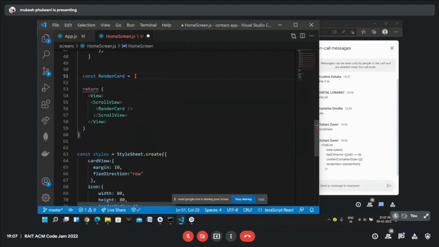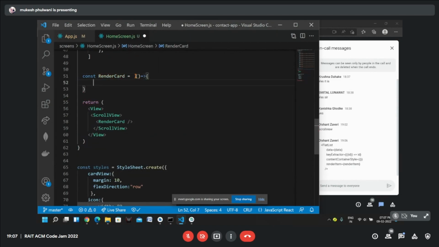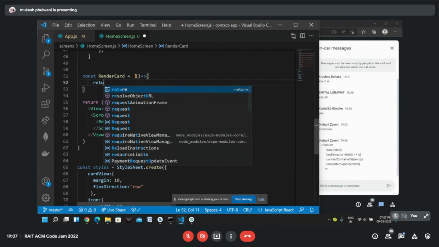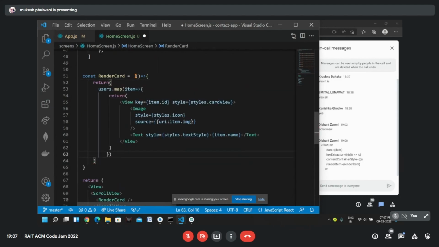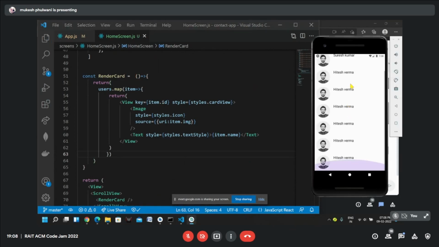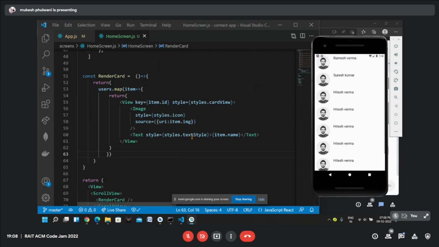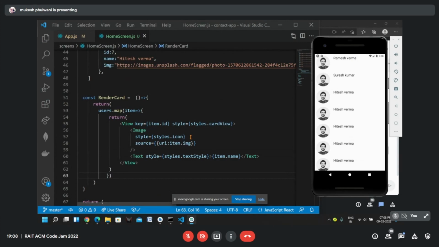Control X, let me do it this way. It started working, but why was it not working earlier?